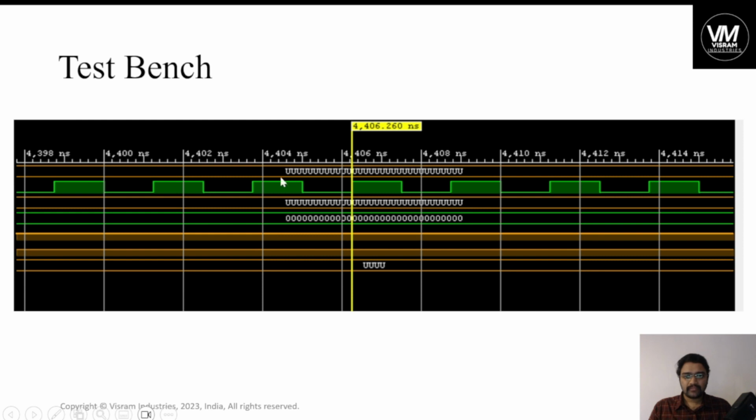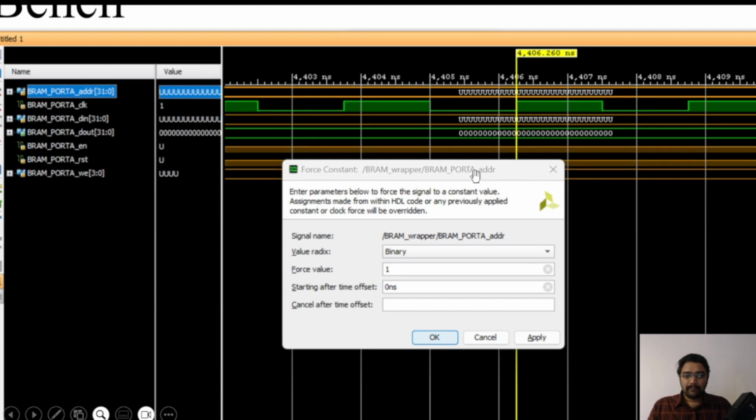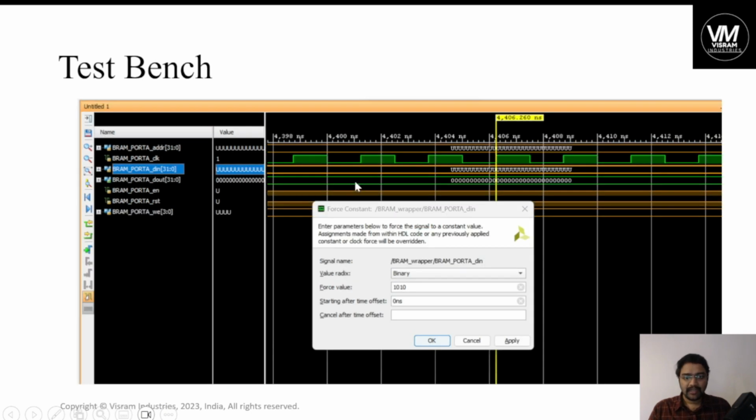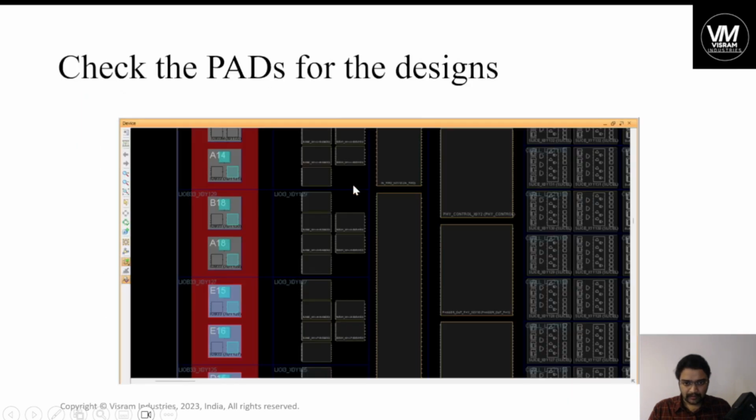So the testbench looks like this. This timing simulation looks like this. This is one input we can change. That input is nothing but BRAM port A address port. So in the address port, right click on it. When you right click on it, you will see force constant. You need to force constant, and when you force constant, that window will look like